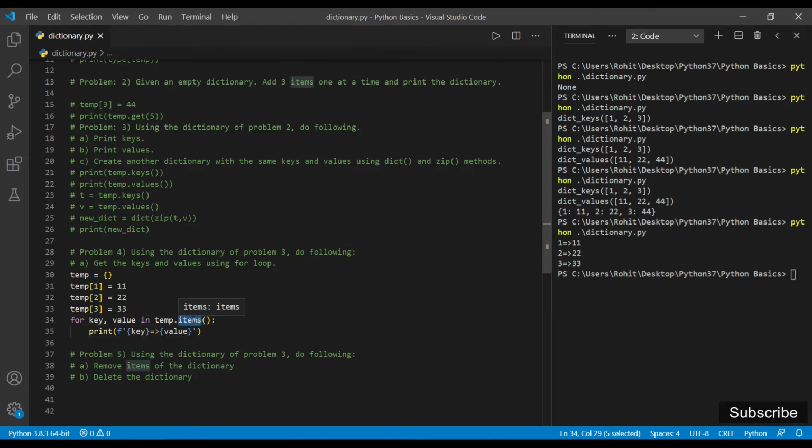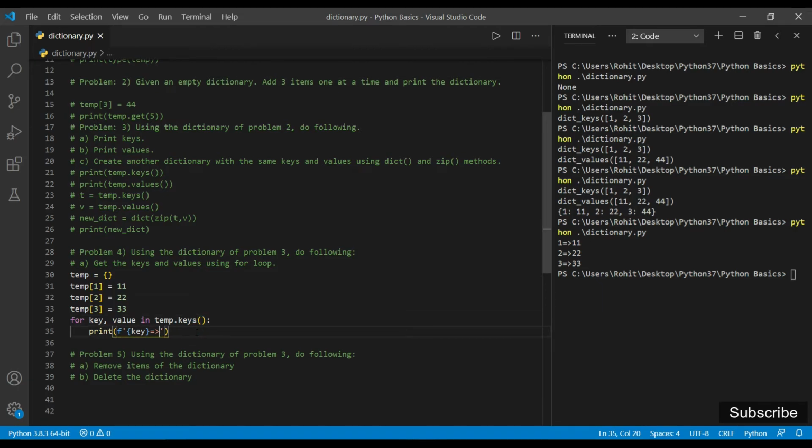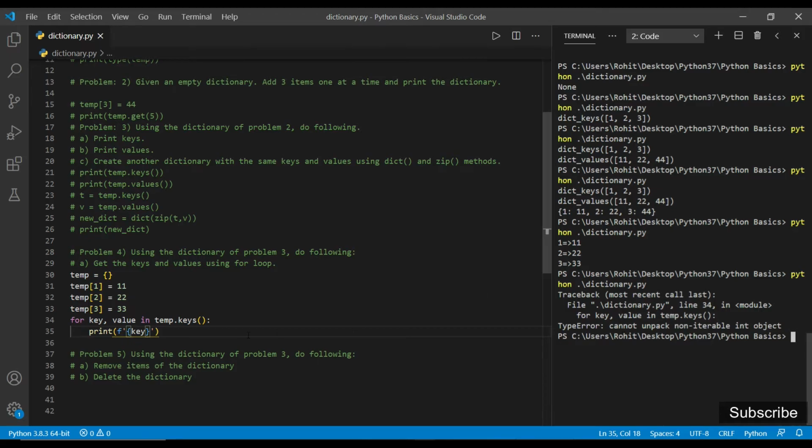Here we can also use keys, and we can print the keys only like this. So here we are getting an error. Okay, so here we have to remove value.